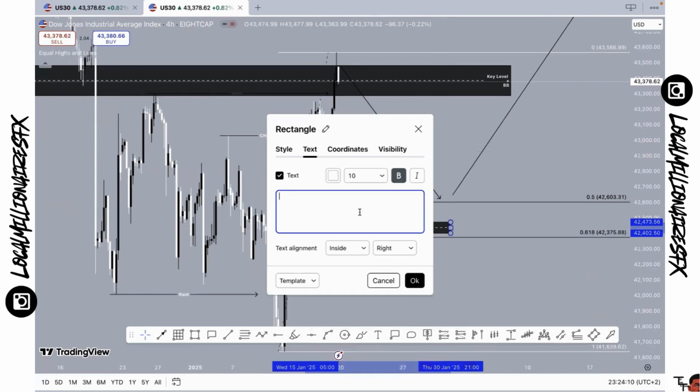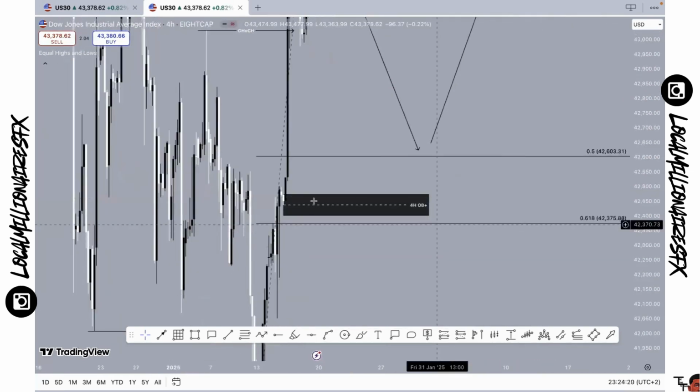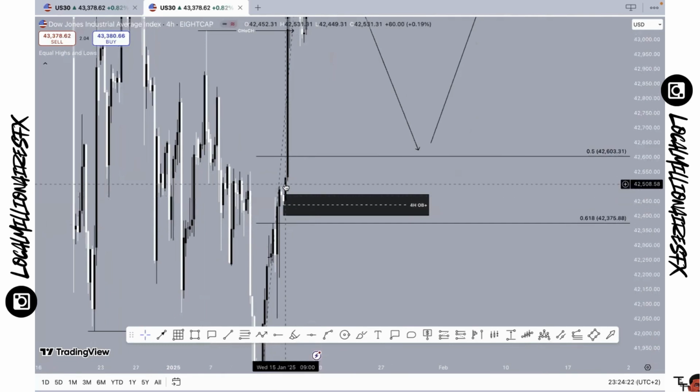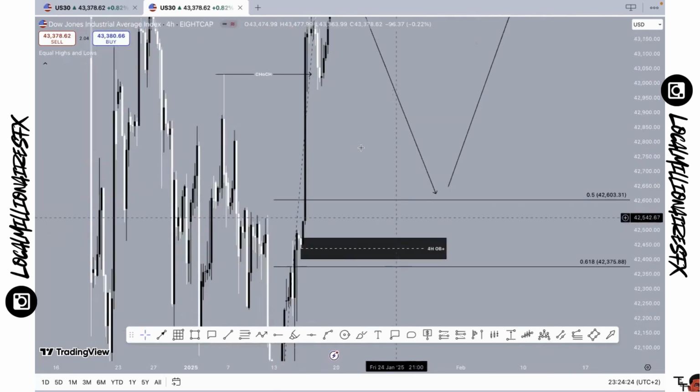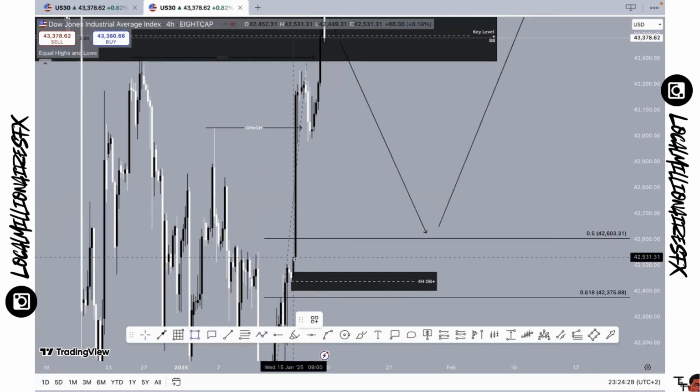All right, this is going to be our 4 hour order block, right? So it's going to be a bullish order block right there. We're looking at potential, and it's a good valid order block because price, that next 4 hour candlestick, did not mitigate it, right? So it's good. So now we're looking at a potential. There we go,